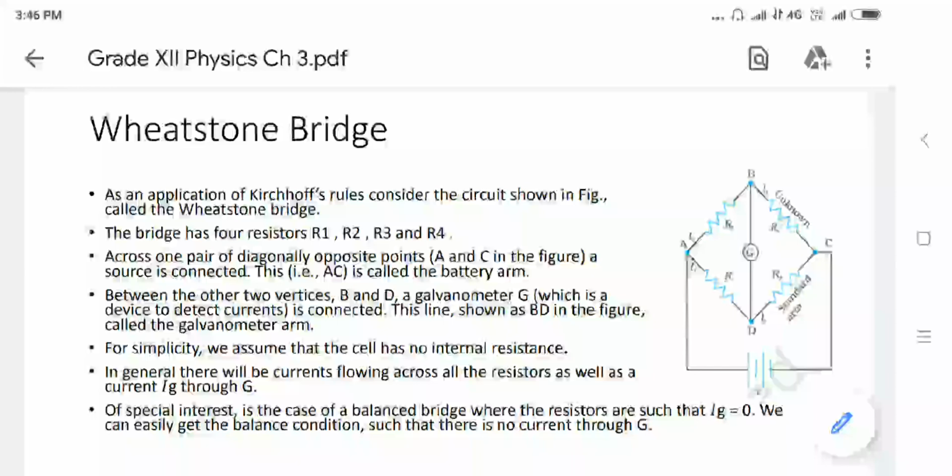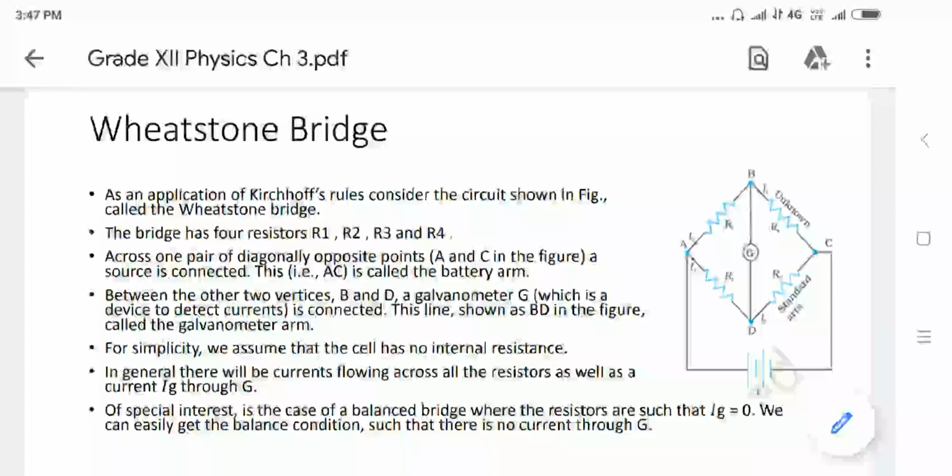We are assuming that no current is passing through the galvanometer, Ig is 0. So the I1 current is flowing from D to C as I3. So we can say that I1 equals I3. Same as the I2 current reaches point B, it has two paths to flow, through the galvanometer and from B to C. Again, our assumption is that no current is flowing through the galvanometer, so Ig would be 0. So total current is flowing from B to C. So we can say that I2 equals I4.